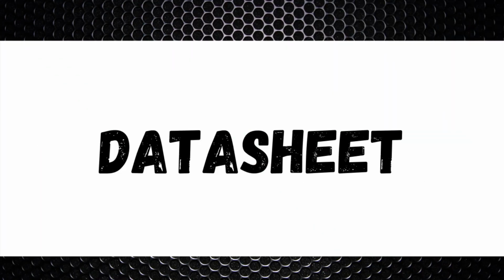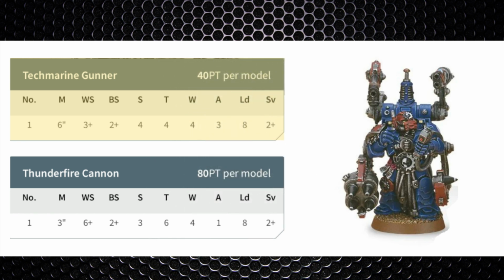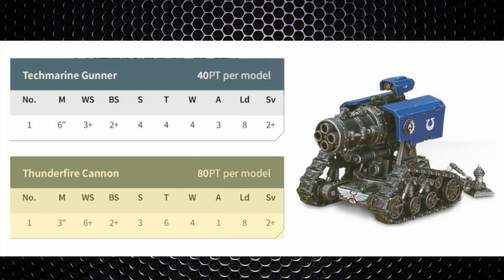As for the datasheet of the two models, starting off with the gunner: movement of 6 inch, weapon skill 3+, ballistic skill 2+, strength 4, toughness 4, wounds 4, attacks 3, leadership 8 and a 2+ save. And then the cannon itself is only 3 inches of movement, weapon skill 6+, ballistic skill 2+, strength 3, toughness 6, wounds 4, attacks 1, leadership 8 and a 2+ save. So the Thunderfire cannon itself is quite tanky with toughness 6, and both models have got 4 wounds apiece